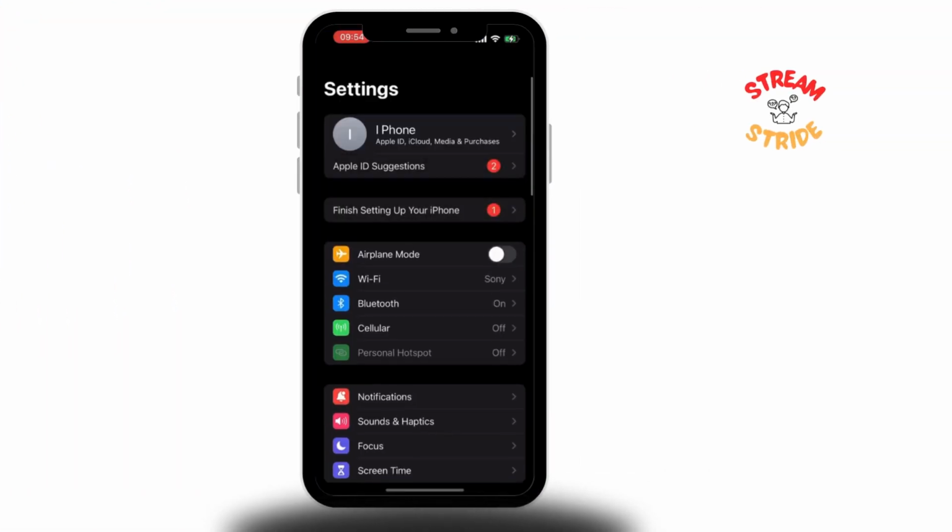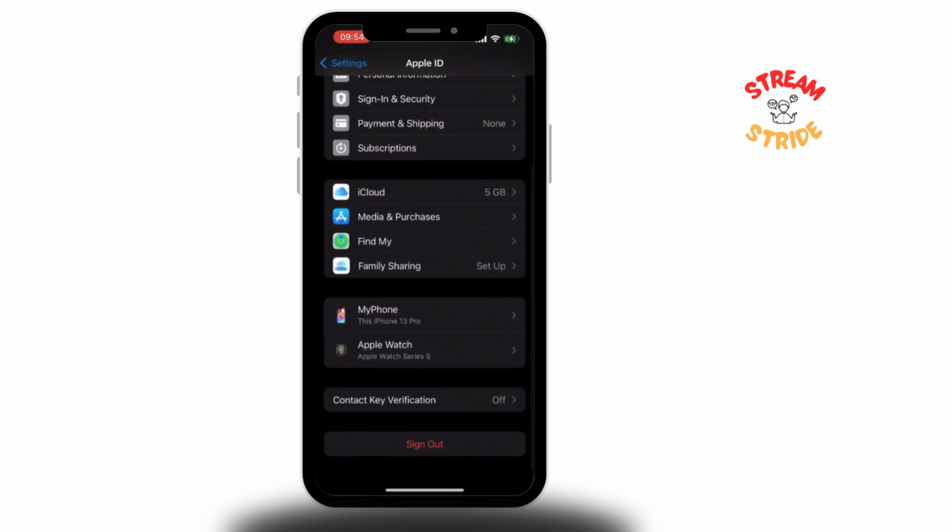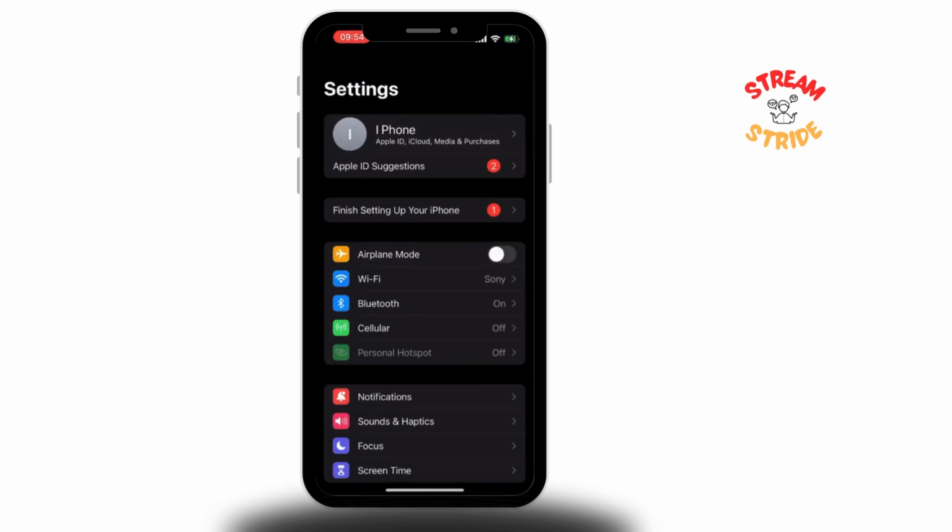First, open your settings app like this and sign out from your Apple ID, then sign in again. This will ensure that your unwanted cache will get deleted. So after you've signed out and signed in, then go back to your home, then scroll a bit down and